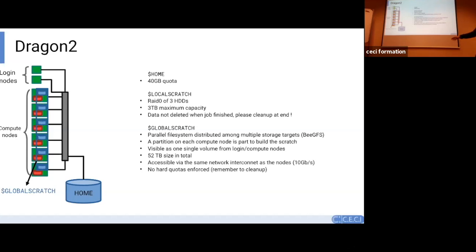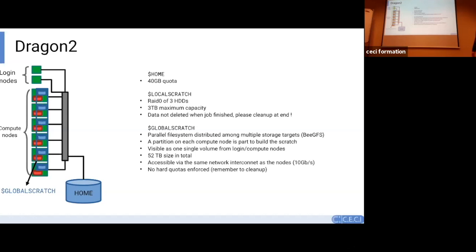So in this case, the total size is an order of magnitude smaller than the one that you have in the big dedicated storage in the Lemaitre 3 and NIC 5. It's 52 terabytes, but it provides